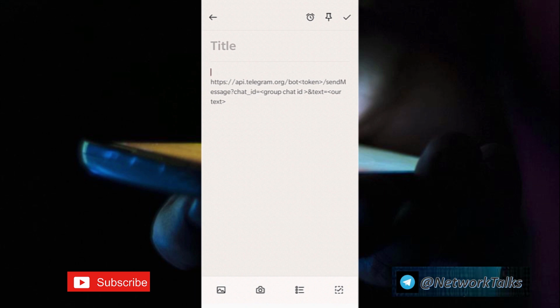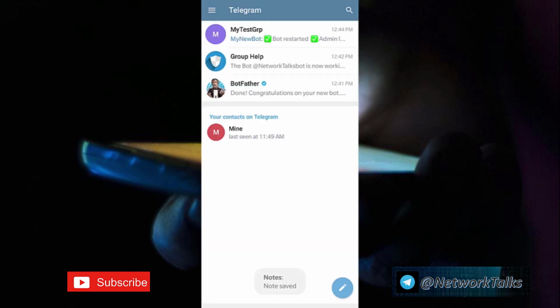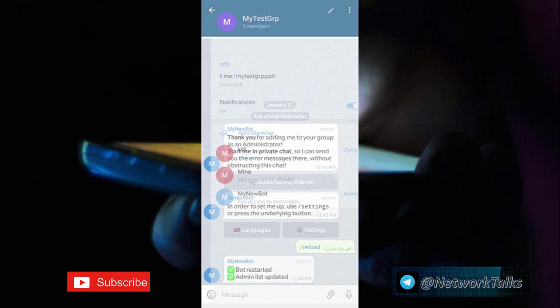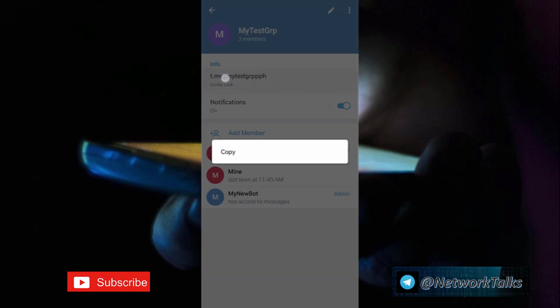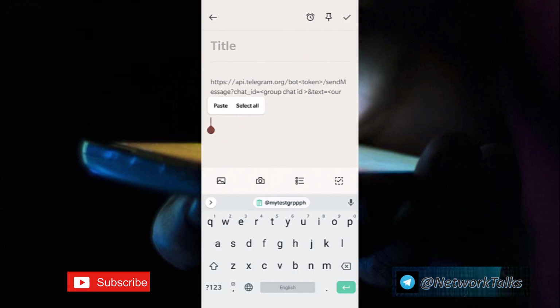So I will go to the Telegram app and then I will copy that particular group chat ID from there. Now I am in the Telegram app, I am selecting the group that we have created, going under the group name and copying the link from info. Now I am pasting that group link here. The name which we have set under the group link is nothing but our group chat ID.